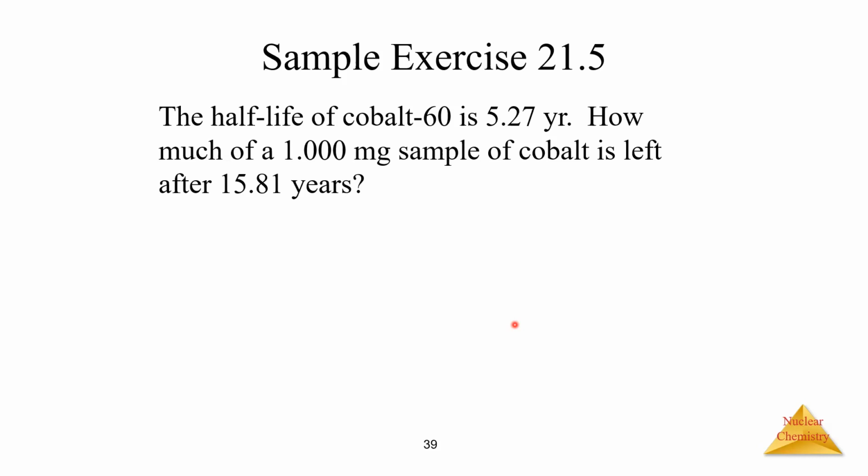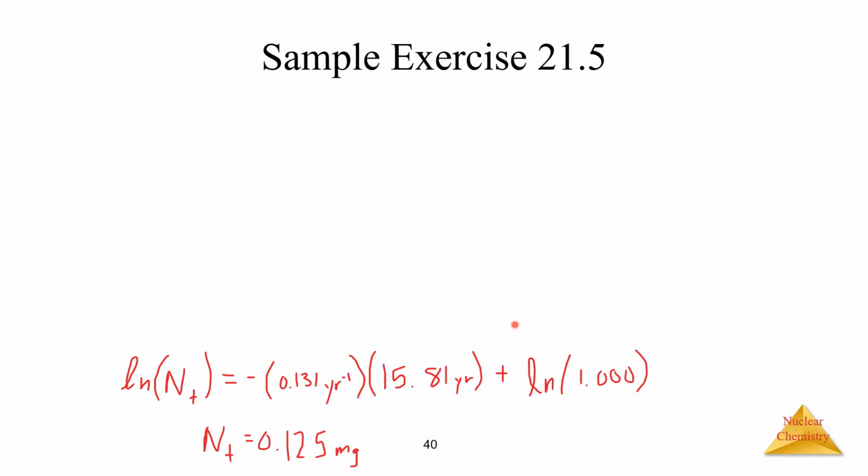So in this case, if we think about the equation, we have the initial amount. We're trying to figure out the amount at time t. We have time itself, 15.81 years, but we're missing that rate constant. So in terms of the steps we need to follow for this question, we need to figure out, based on that half-life, what is the rate constant, what is k? And then once we have that k value, we can plug it into our first order integrated rate law in order to solve for the concentration at that time. So for the first step,